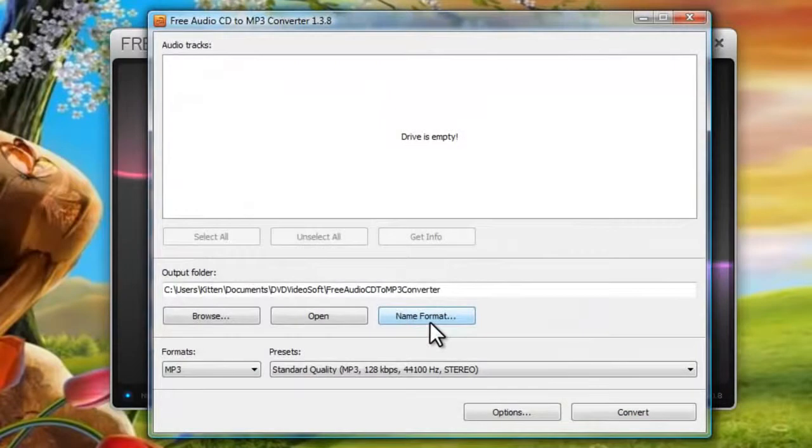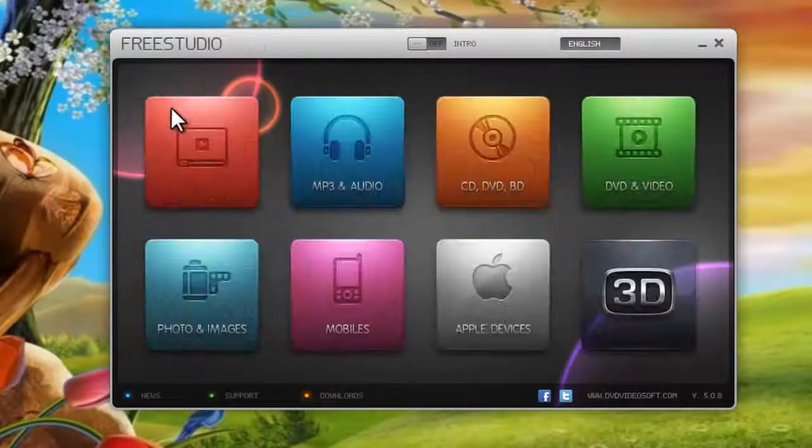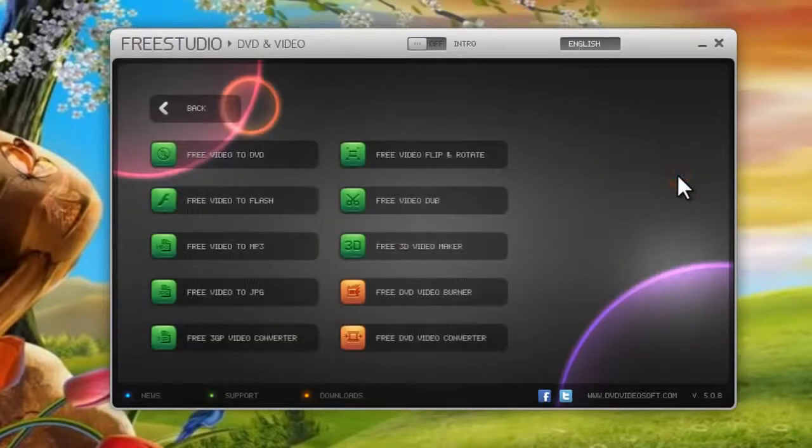And this one does the opposite of that feature, and this one will let you select the audio formats of audio CD, and it will convert your CD into MP3 files so you can do whatever you like with them. Let's go back now. DVD and video section. There are some really useful tools on here. For example,